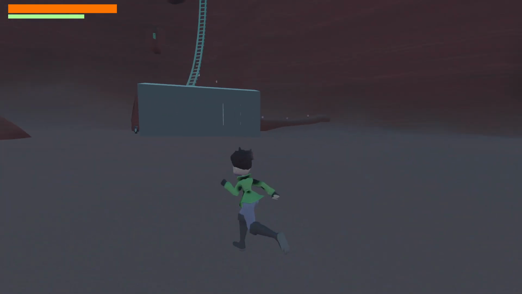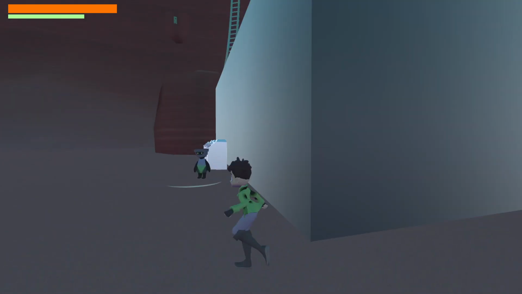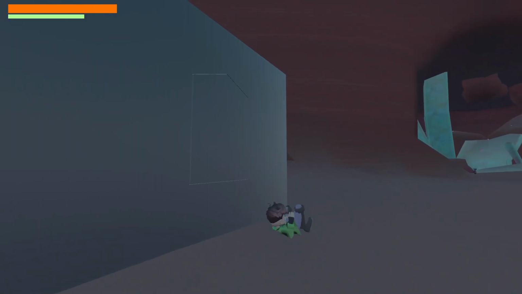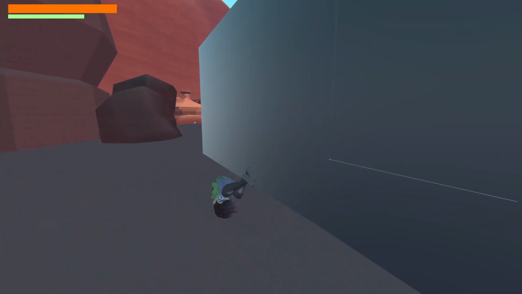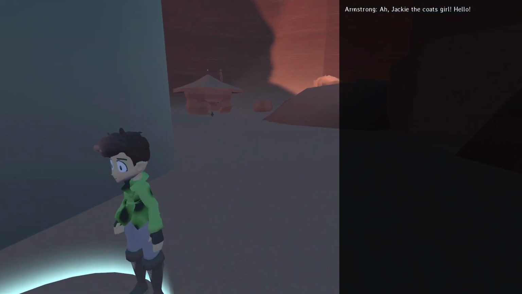So he told me, go talk to Armstrong, and that's somewhere. Presumably, players will be able to figure out that this is a machine, and that the person next to the machine is probably this one.